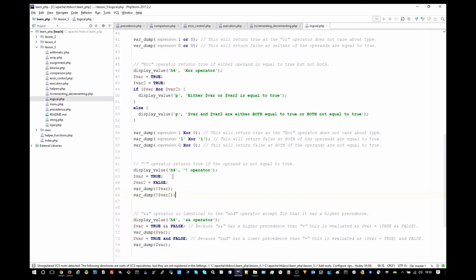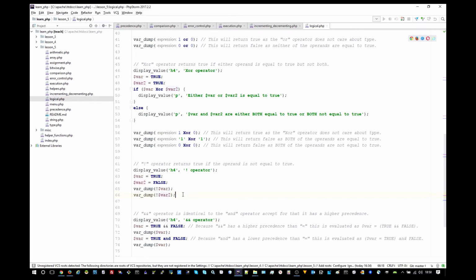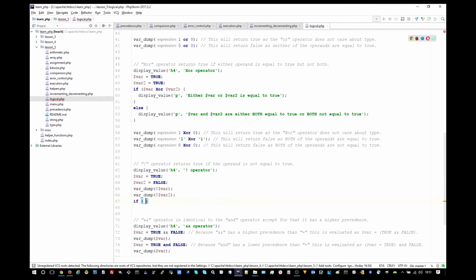So here we're checking var, which contains true, and then we're using the ternary operator on the var that contains true, and then we're using the ternary operator on the var that contains false. So this contains true, this contains false, and we can see it's been inverted to false, and this one's been inverted to true. So for example, if you wanted to use that in an if statement, you put if not var